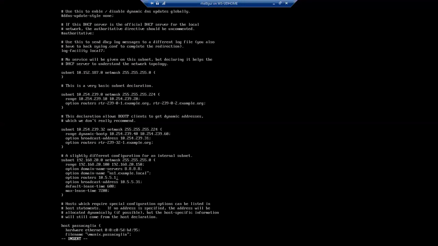All right, yeah. Now the optional routers, that is my gateway: 192.168.20.254. That's the last IP address, which I'm using as the gateway, and my broadcast is 255. I'll change it to 192.168.20.255, that is my broadcast IP. Lease is 600 seconds, and maximum lease time is 7,200 seconds. So this much configuration is initially sufficient to get the IP address for the client machine.